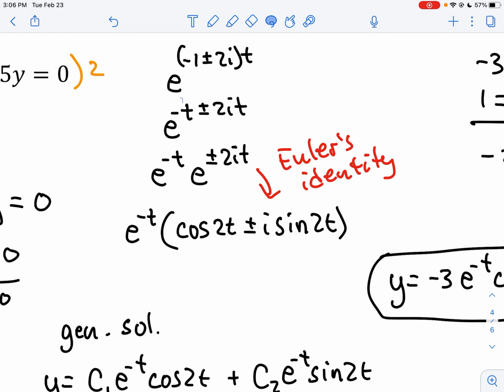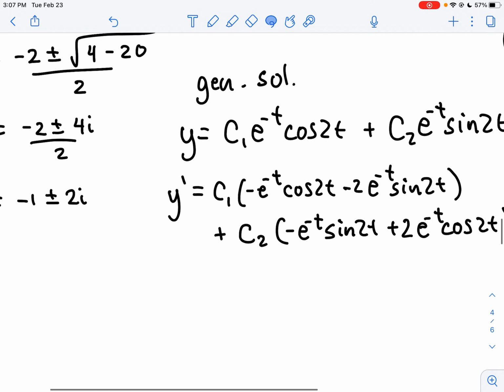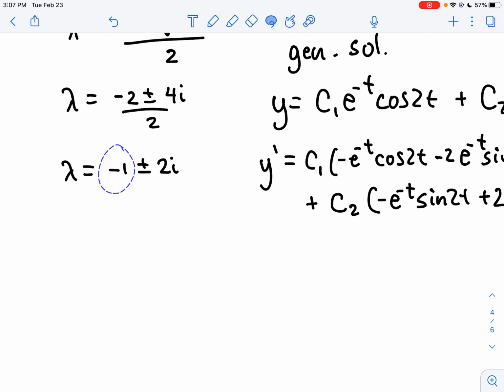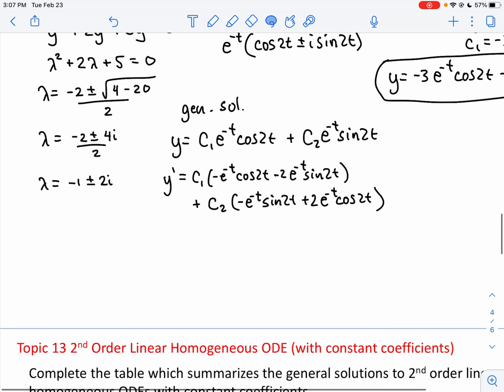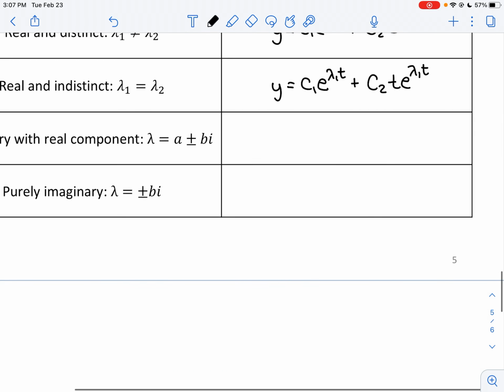That was right there. That created an e to the negative 1 times t, which became a factor in the front, which in the end became coefficients of our two trig functions. And that negative t that you're seeing here and here came because this was a negative 1. If that was a 7, then you would see e to the 7t right there, if you trace all those effects. So what we're seeing here is then if you get a plus or minus bi, our general solution is